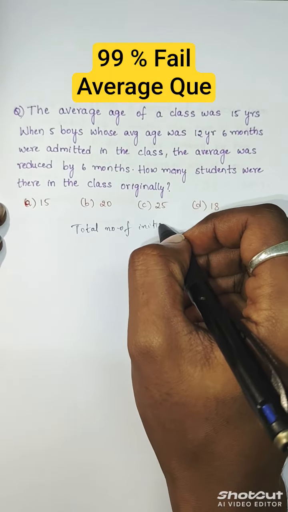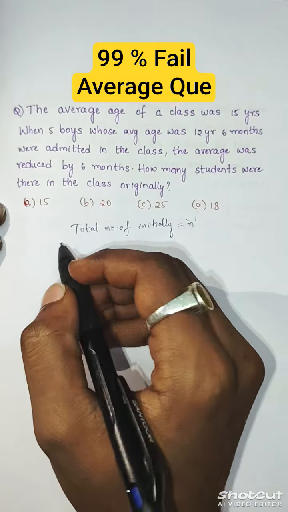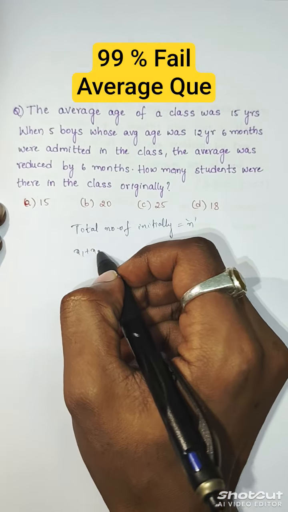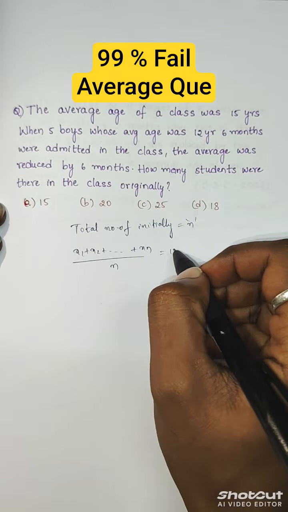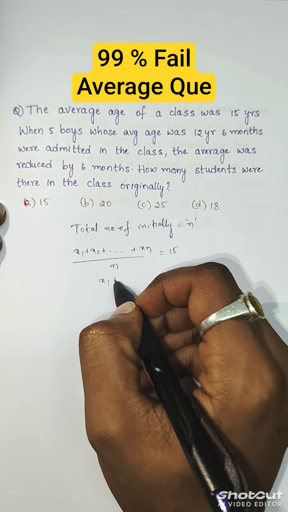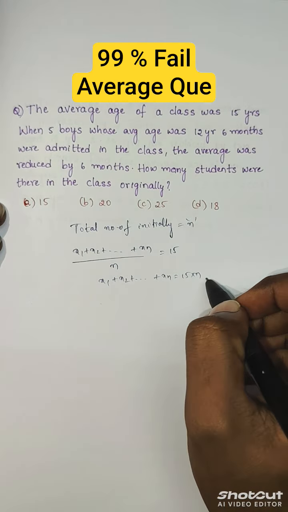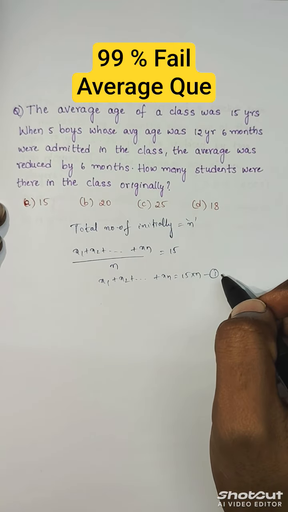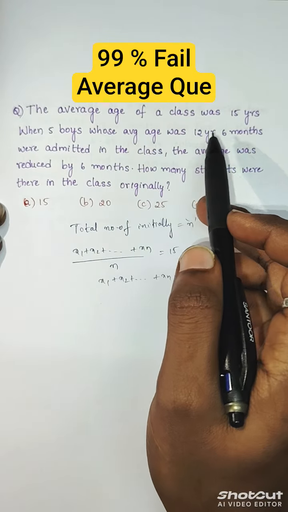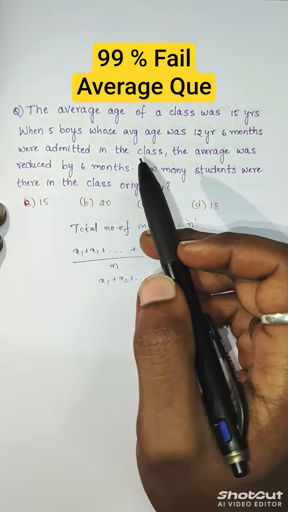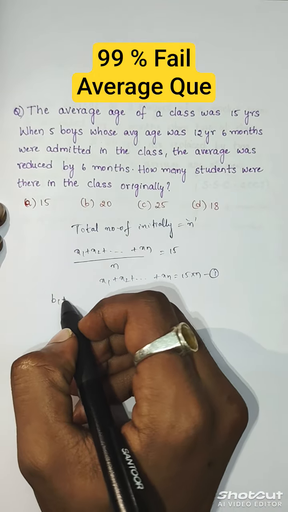are n, and from the formula of average we can say that (x1 + x2 + ... + xn) / n is equal to 15, and from this we can say that x1 + x2 + x3 + ... + xn is equal to 15 into n. Let's assume it as equation 1, and it is mentioned that when 5 boys whose average age was 12 years and 6 months were admitted, the total average was reduced by 6 months, and for the boys their average is